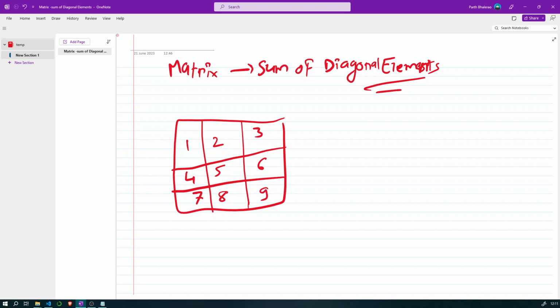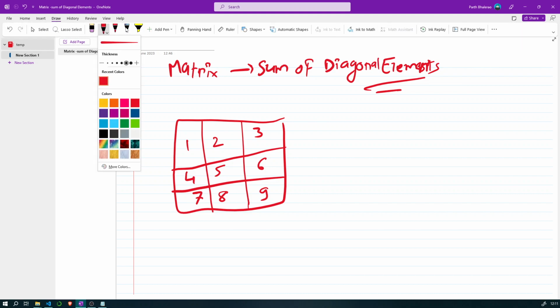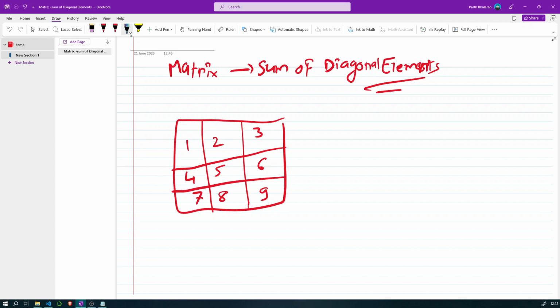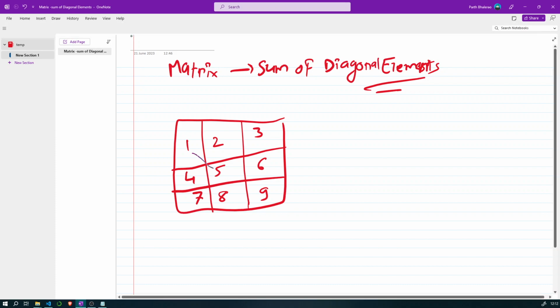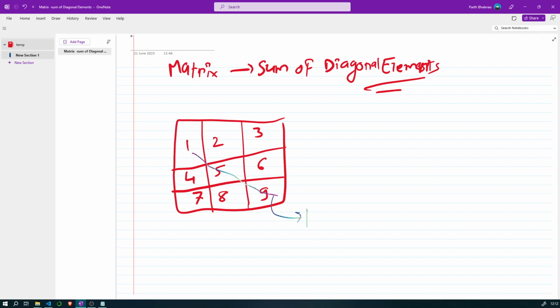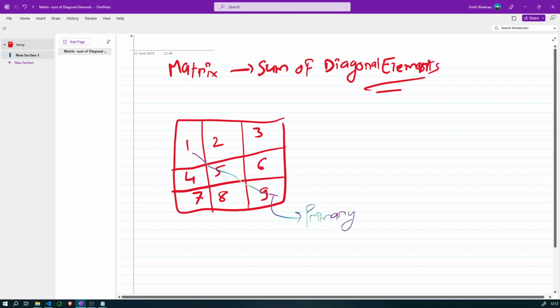So first of all, let's see what the diagonal elements are. This right here, like this, is one diagonal, and this is called the primary diagonal.